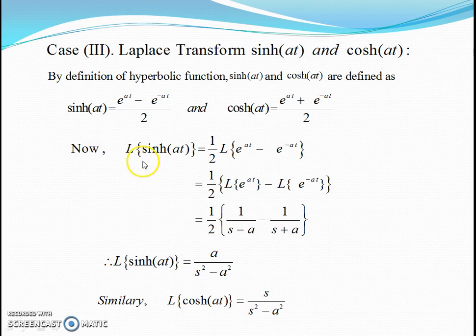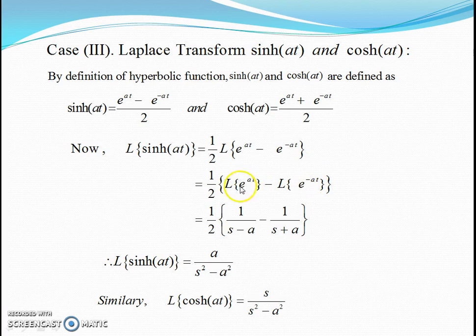Now Laplace transform of hyperbolic sin at is equal to 1 upon 2 into Laplace transform of e raised to at minus e raised to minus at. Separate the L operator inside the bracket. We get 1 by 2 in bracket L of e raised to at minus L of e raised to minus at. So by using the standard formula of Laplace transform for e raised to at and e raised to minus at